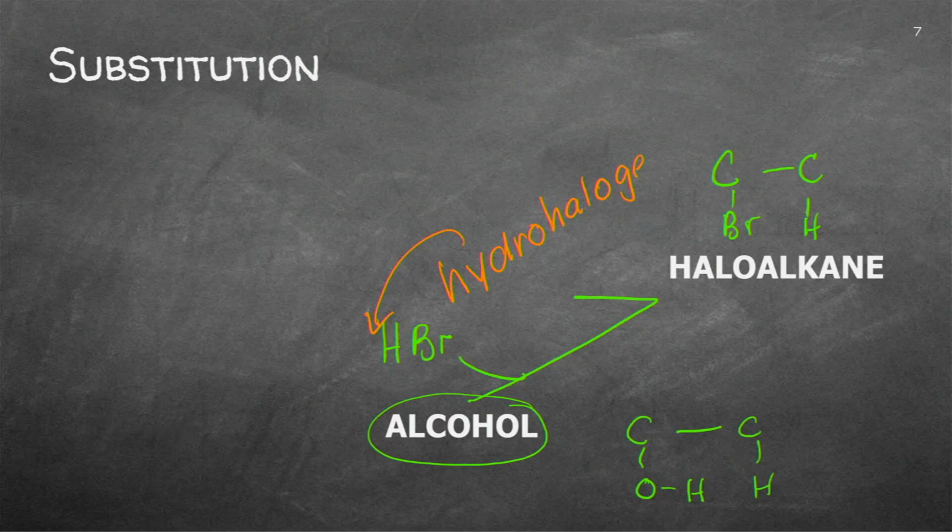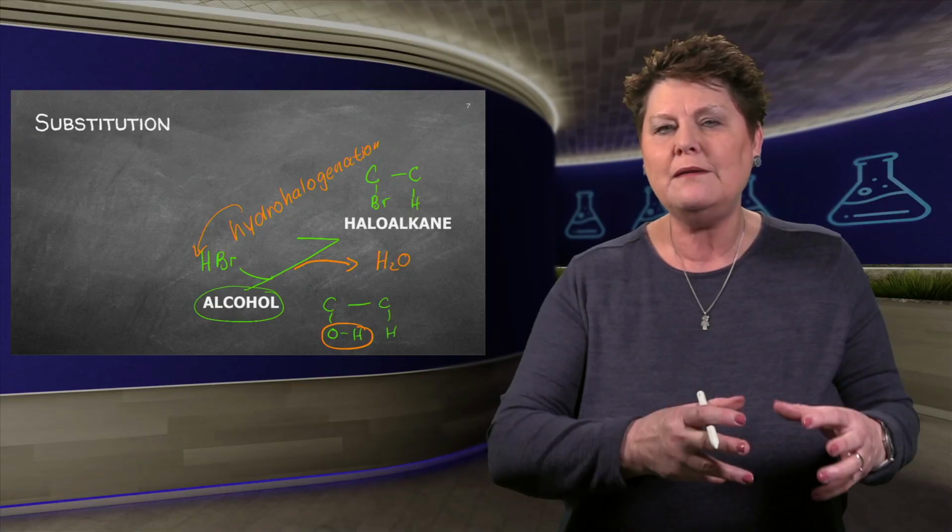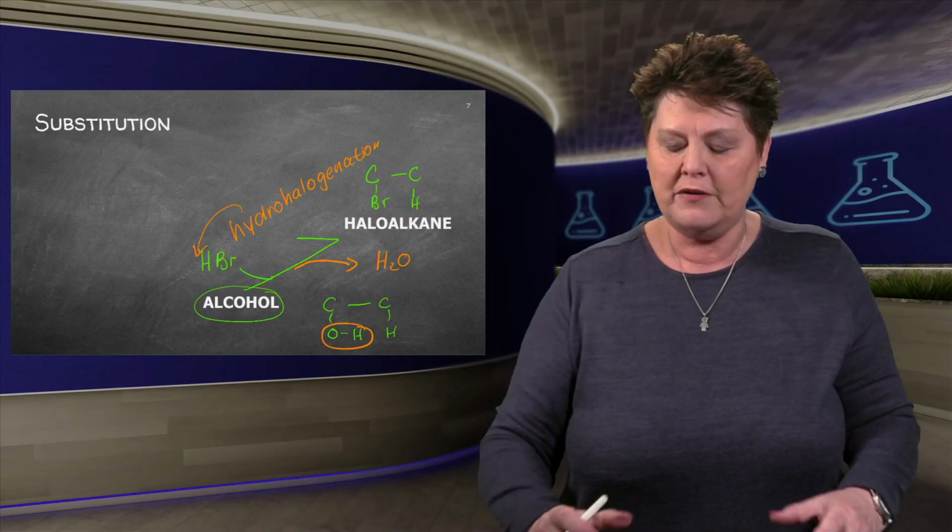Halogenation. It is quite easy. The hydrohalogenation. And what will come off? Well, you'll have to take away this hydroxyl group, so you have to substitute it with the water that's coming off. It's quite easy to do the substitution because you've done most of the theory in the previous sections.